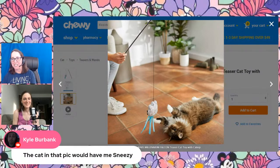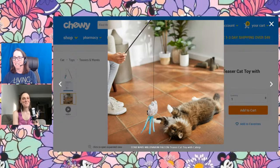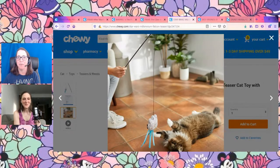No, I actually chose this item for Sneezy because I thought that as he sat on the couch and was sneezing, it would naturally move and tease the cat. See? So it was like the perfect thing for Sneezy to pick up. But this toy is actually treated with some catnip, I guess, inside,